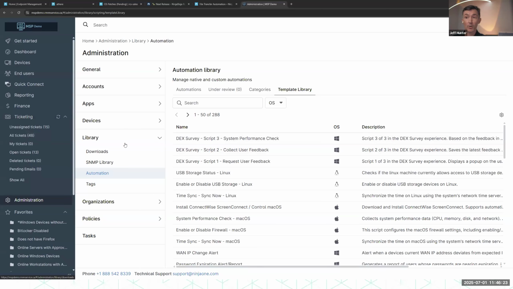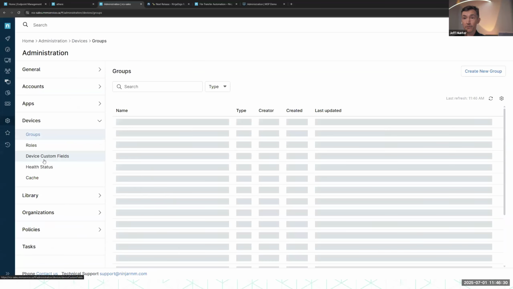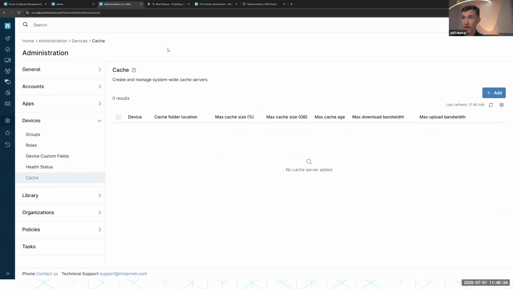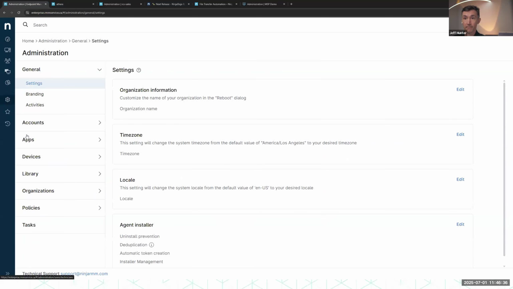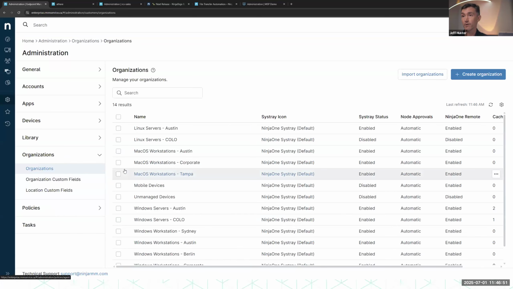Let's cover some of the early access features real quick. I'm going to go into a different environment here. We'll go down to devices. And so here you can see I have a cache server. And so what I'm able to do here, actually, let me pick a different one. This allows me to establish a cache server. This would be a system-wide cache server. So this would be something that all devices in this division could utilize, assuming they had network access to it locally. You can also go ahead and set up these cache servers at